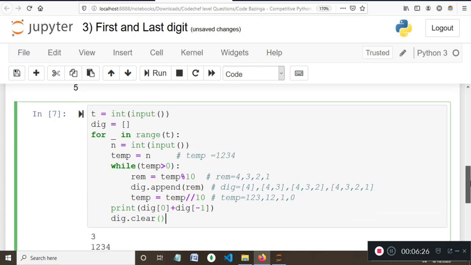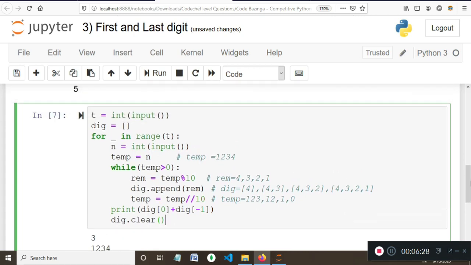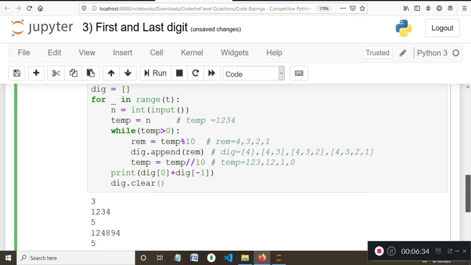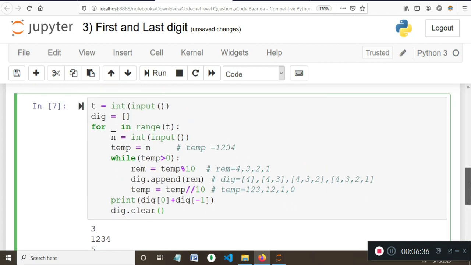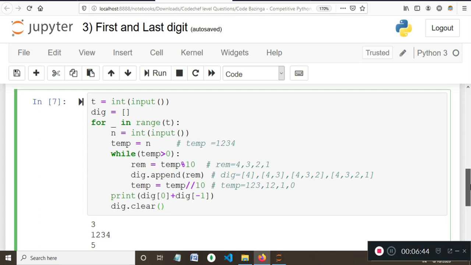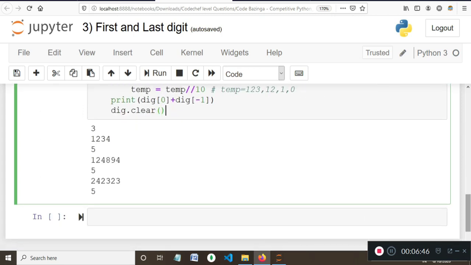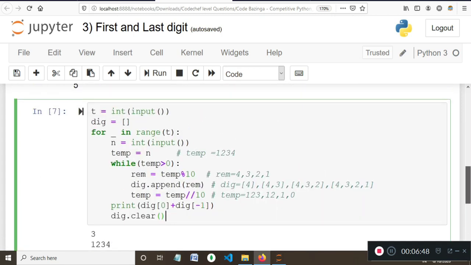You can find the link to my GitHub repo in the description given below, and I'll attach this file in my GitHub repo. And starting with this question onwards, I'll be rating these questions based on their difficulty level, even though they are beginner level problems, but not everyone is on the same page. So according to me, I'll rate this question as easy.